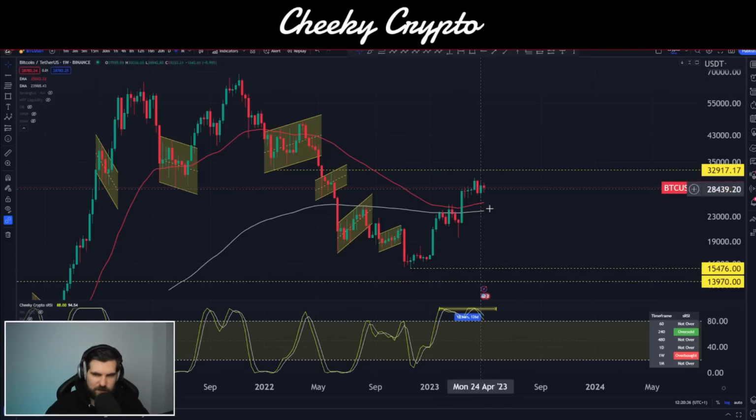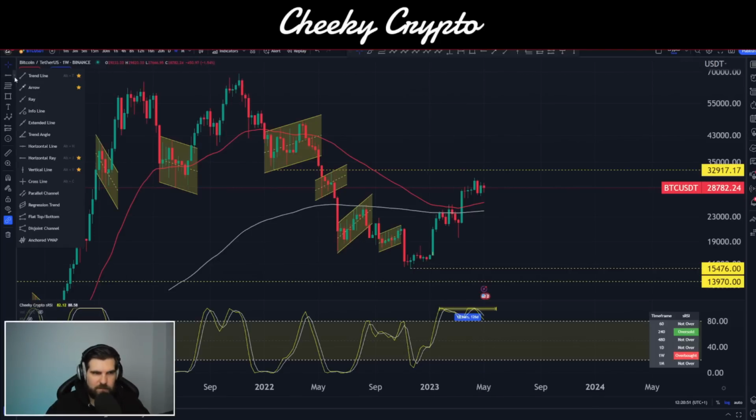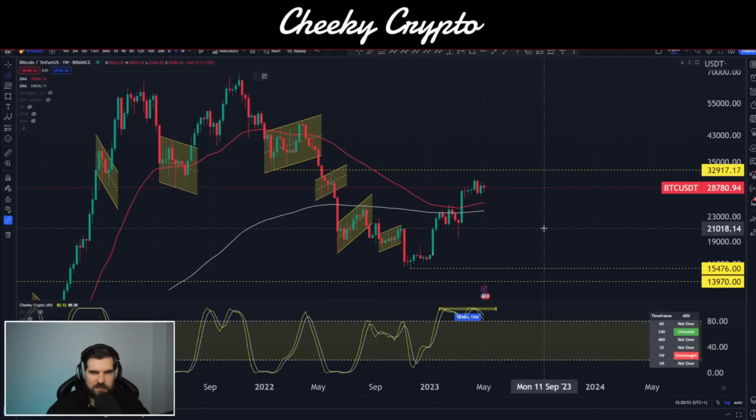Ultimately, I look at this thing as very corrective to the upside, even though it doesn't really fit the WXYXZ 333 scenario either. It just looks like a string of corrections all kind of being pushed together and very manipulated to the upside. And so as a part of this bear market rally, if you will, one of the things that I've been saying recently is that it does look like the biggest bull trap in Bitcoin's history.